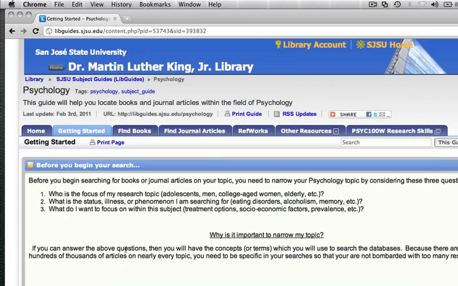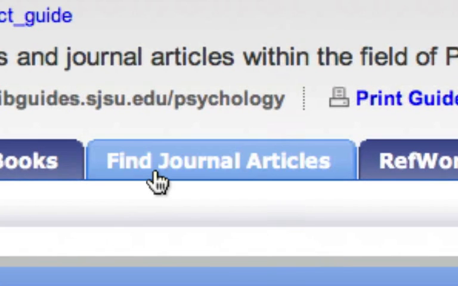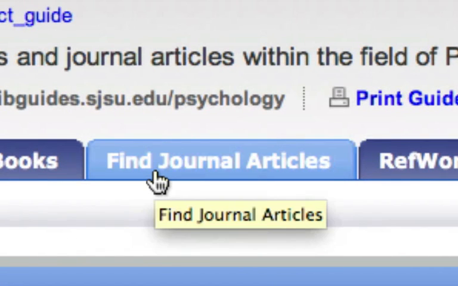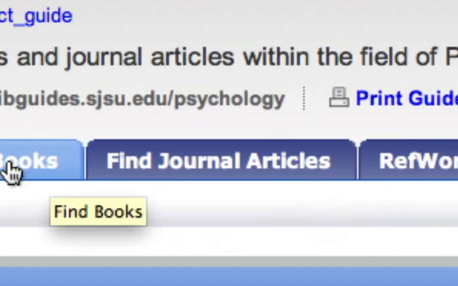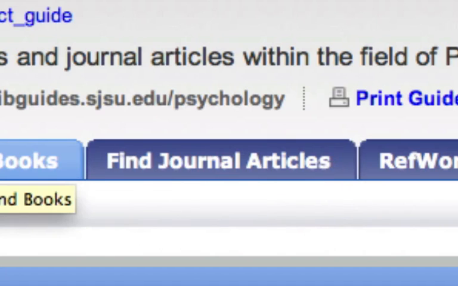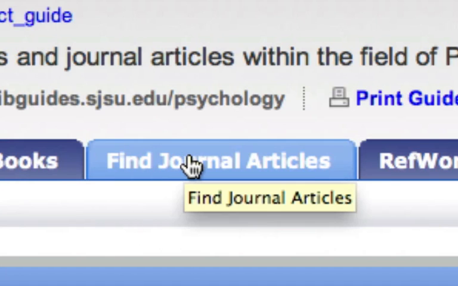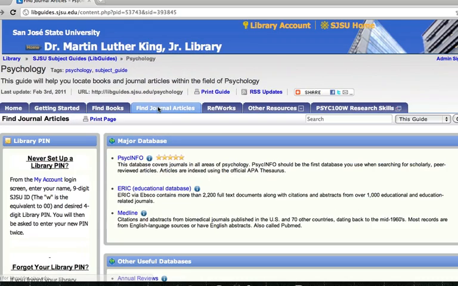Okay, so you can actually connect to the databases directly from the Libguide by going to the Find Journal Articles tab here at the top of the Libguide. You can search the catalog directly from the Libguide through finding books, but I'm going to really focus on finding journal articles. So if you click on that tab,